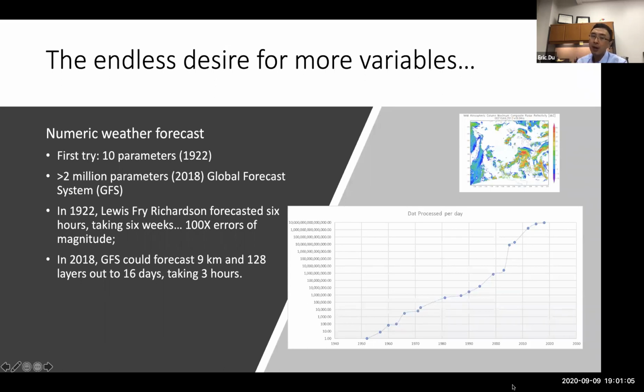And with 10 parameters in 1922, the first guy, Lewis Richardson, could only forecast the weather for about 6 hours. And that would take him 6 weeks to do. So it actually took him 6 weeks to predict 6 hours of the weather. And the error is 100 times of the magnitude. Okay, so that's ridiculous. But nowadays, the GFS could forecast at a 9 kilometer range,